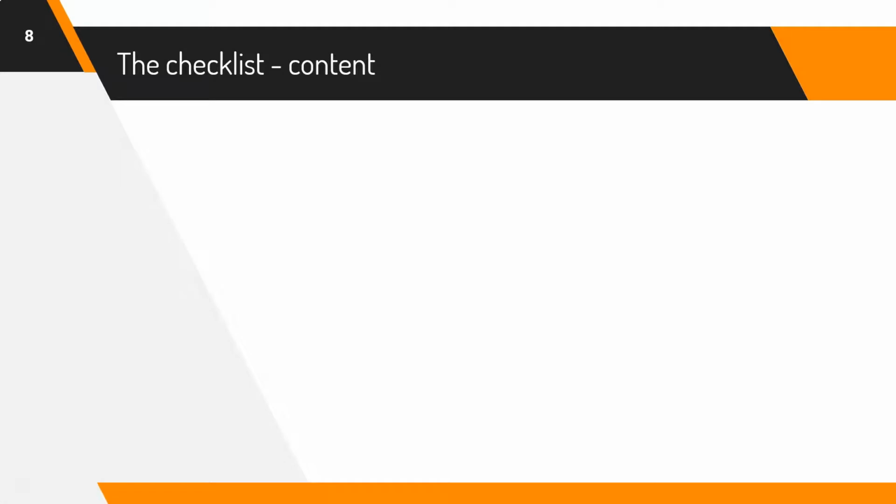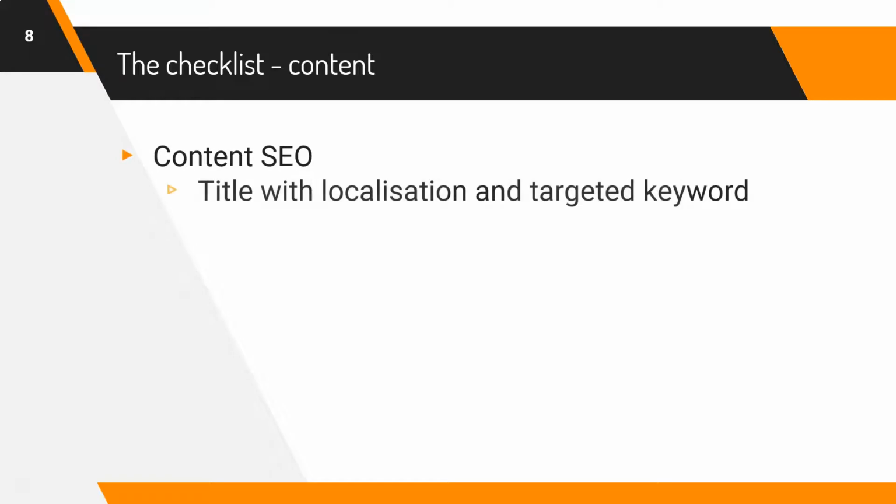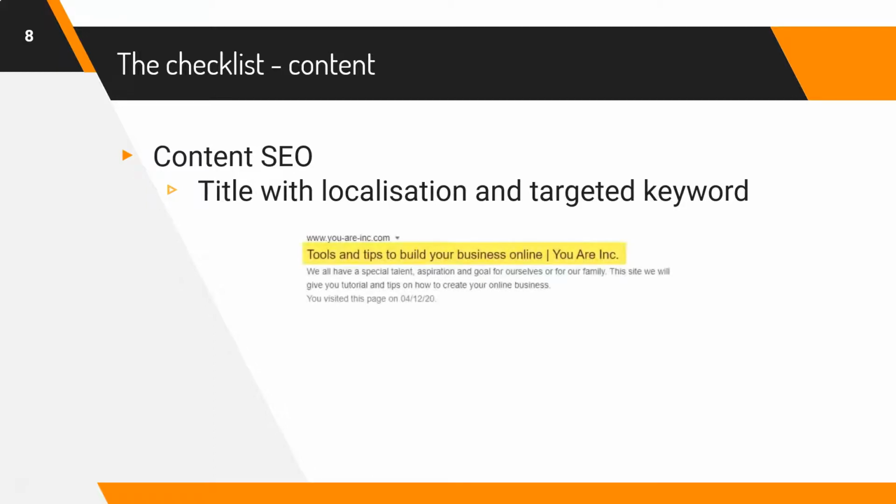For the checklist on the content side, the things that we think about: having titles. The title of your page is pretty important because this is what shows up in your Google search result. Often what we suggest is to have the localization. For example, if you are a lawyer in Miami, you put lawyer Miami. You put the location in the target because when people search, they're searching for lawyer near me, lawyer Miami. So it will help them to find you.